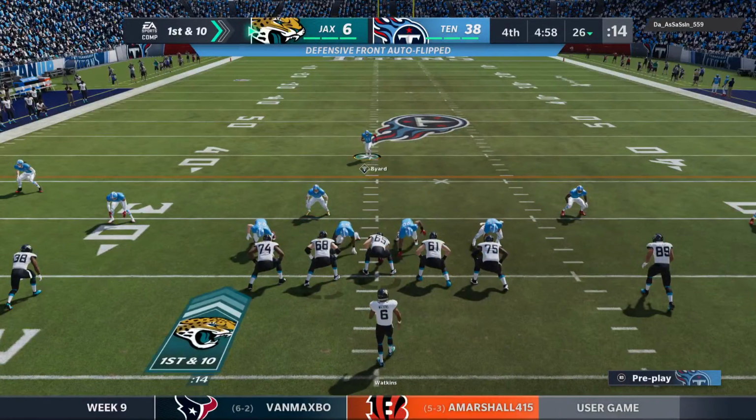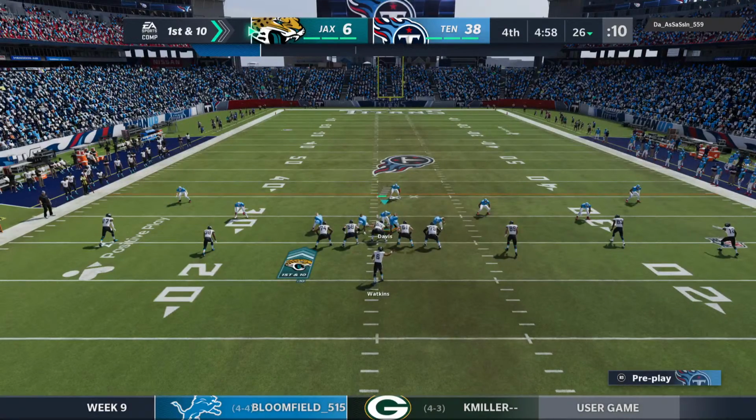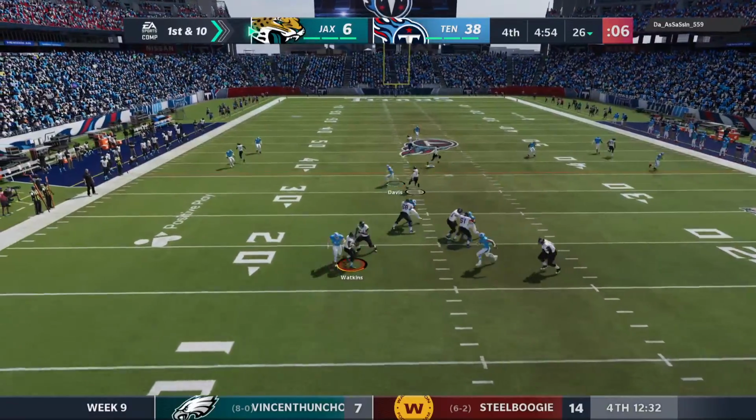Jaguars come to the line to start their next drive. And following the interception, just any interception, are you a little bit more cautious when you start that next drive, or no, you just throw that out the window? I think you are. I don't think that there's any way you can...